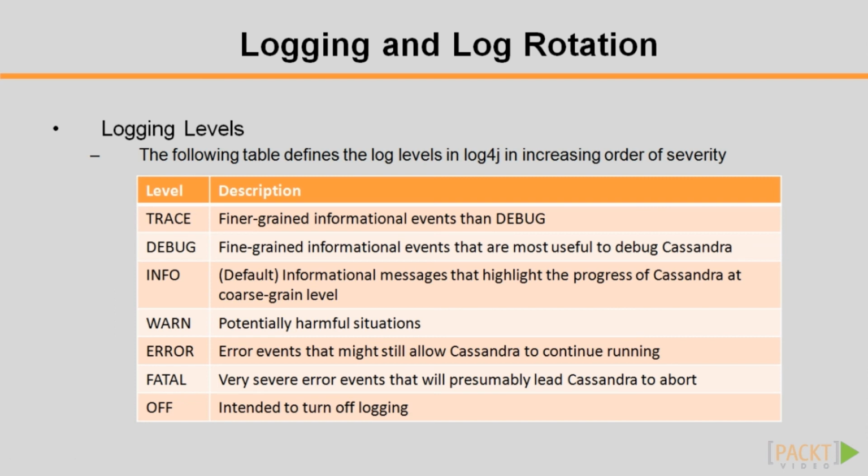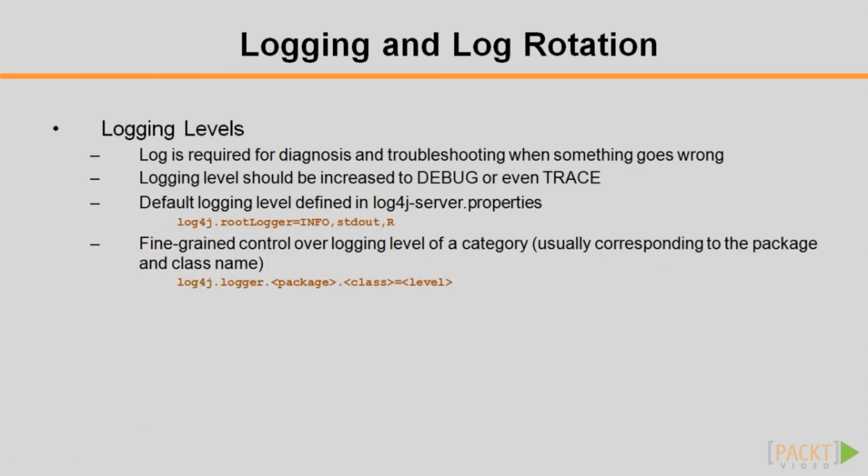Log4j defines logging levels as illustrated in the table. Trace is of the highest severity, then debug. Info is the default, suitable for normal production system. Further down the table are warn, error, fatal. And at the bottom, off means turning off logging completely. If something bad happens, logging level should be increased to debug or even trace by modifying log4j.rootLogger in